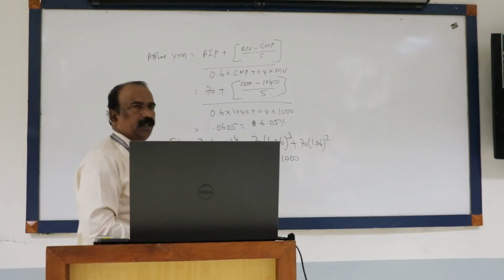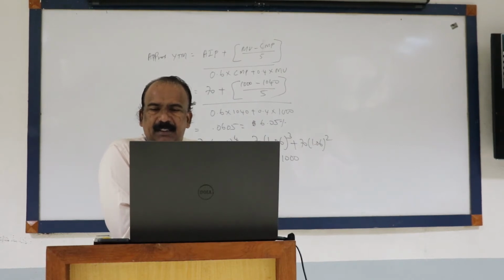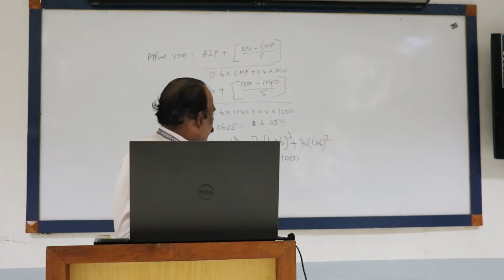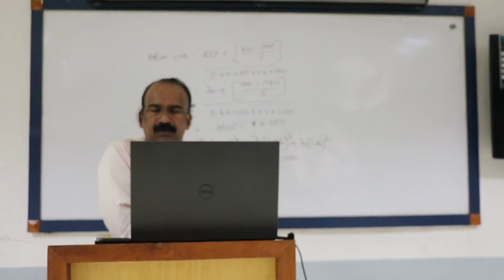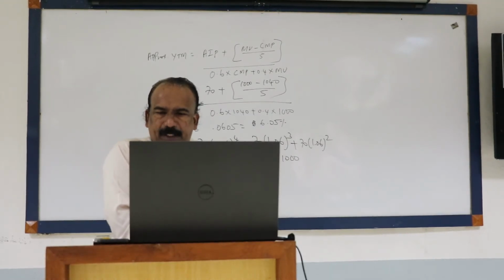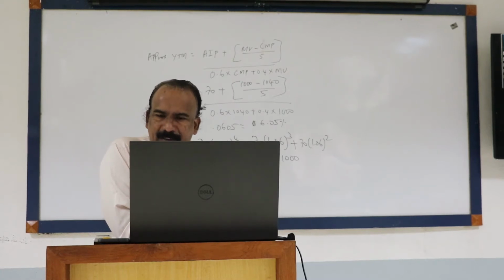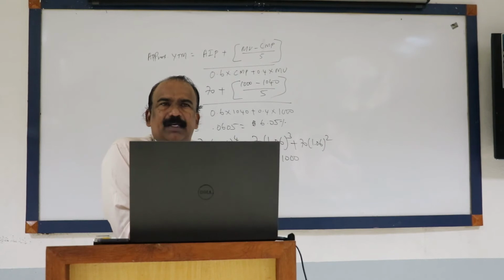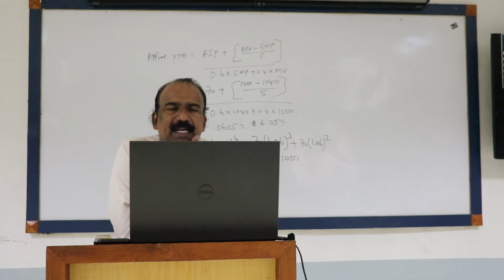1394.59. So if he is reinvesting 59, if he is reinvesting at 6%, he will get back after 5 years 1394.59. But the current market price is 1040. The value of the bond is 1040. So what will be his realized YTM? He will get a little higher YTM, a little higher yield, because he is reinvesting and receiving the interest back.